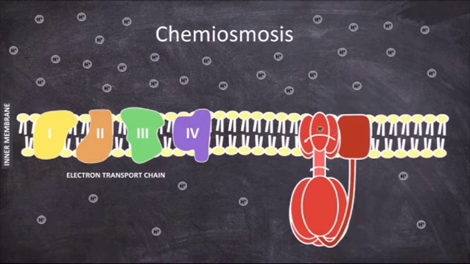Once they exit the channel, they bind to the rotor, and this binding causes a change in the shape of the rotor subunit, which in turn causes the rotor to rotate within the membrane. Once the H+ makes a complete rotation, it moves through a second channel in the stator, which then leads to the